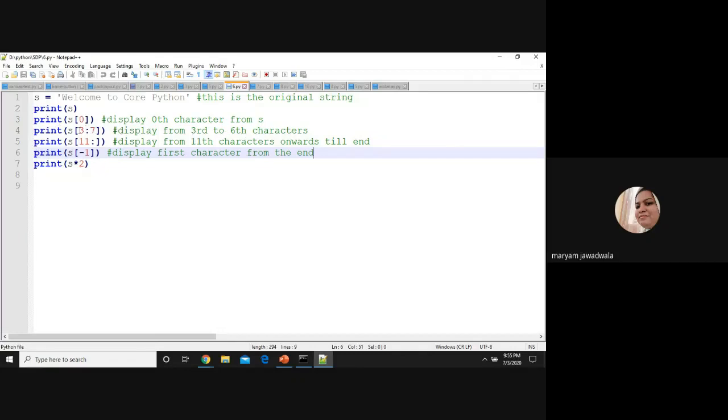Start from the third to the sixth character. 7 means 7 minus 1, n minus 1 characters it will display, right? And suppose I'm writing print s and in square brackets some value and a colon, and after the colon I am writing nothing, means it displays from the 11th character onwards till the end. If I'm not writing anything after the colon, then the system will consider the end, means up to the end it will display,